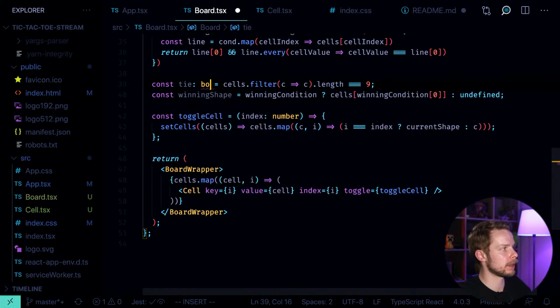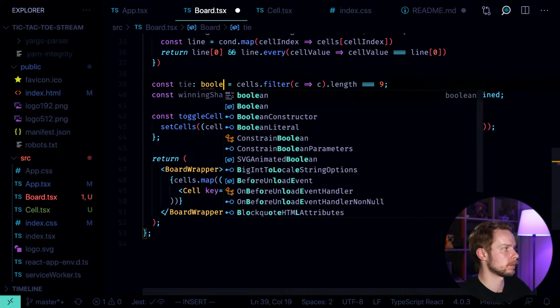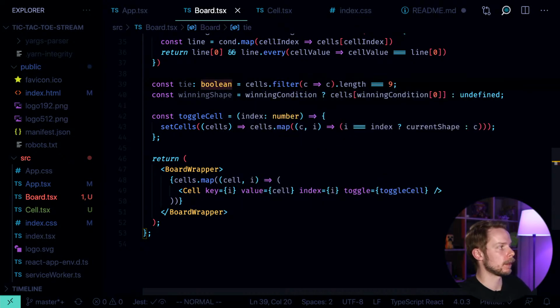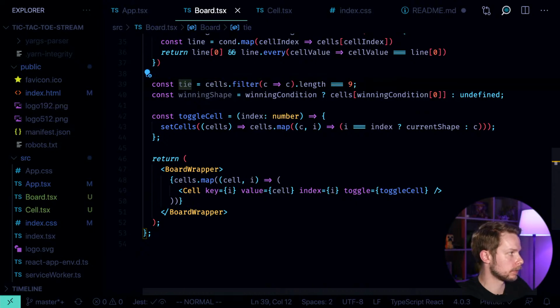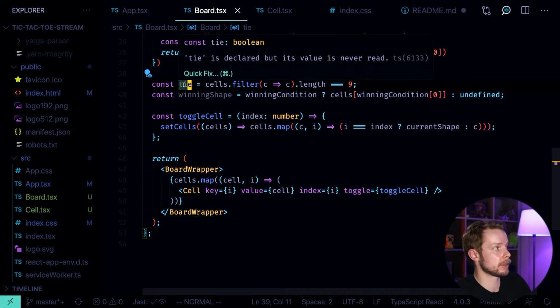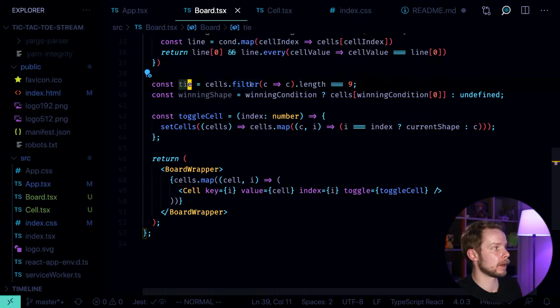So you could say that, yeah, you know what I'm doing, Boolean. You know already that the tie will be Boolean, so you can specify it manually. But you can just let it be without type definition, and then TypeScript will automatically infer that it's a Boolean, because when you filter out all the items,